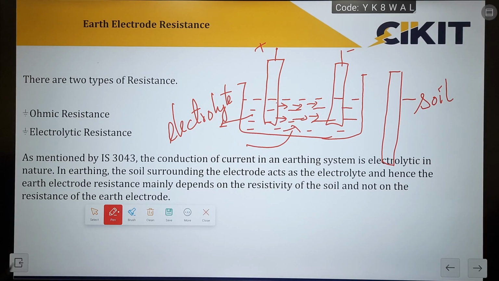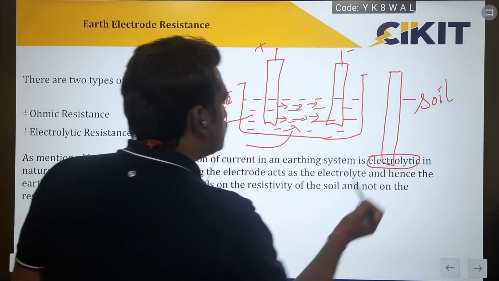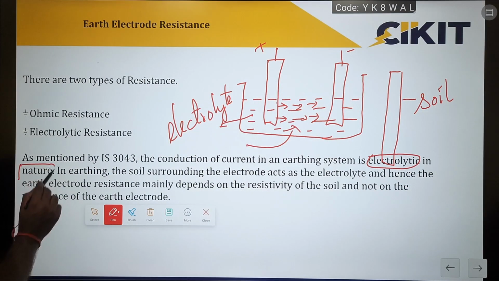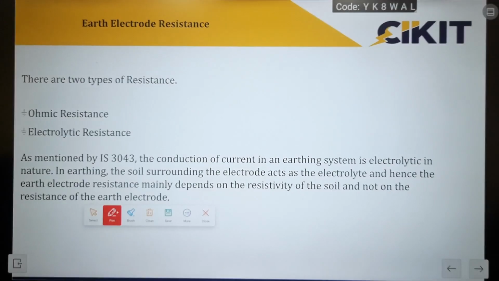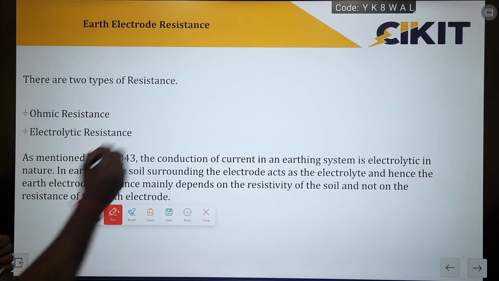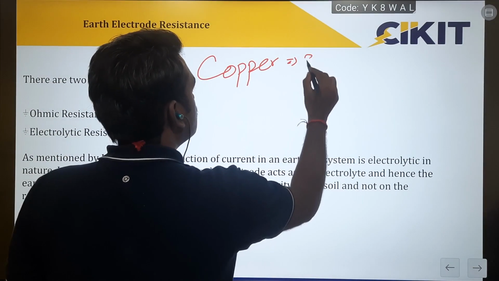So here we are considering the electrolytic resistance and we are not considering the ohmic resistance. So the material of the earth electrode does not play a huge role in earth electrode resistance, whereas the soil resistivity plays a crucial role. Which means if I use the copper earth electrode,